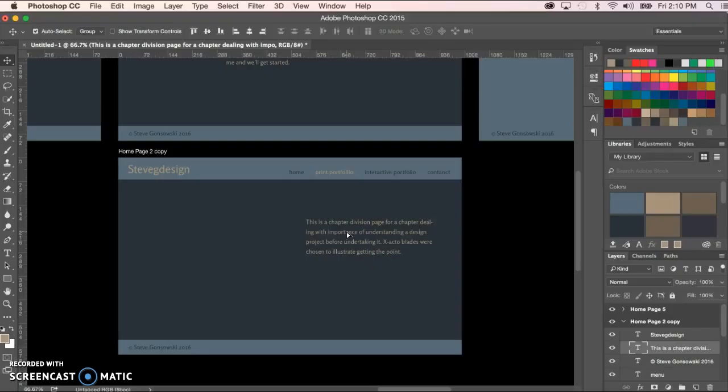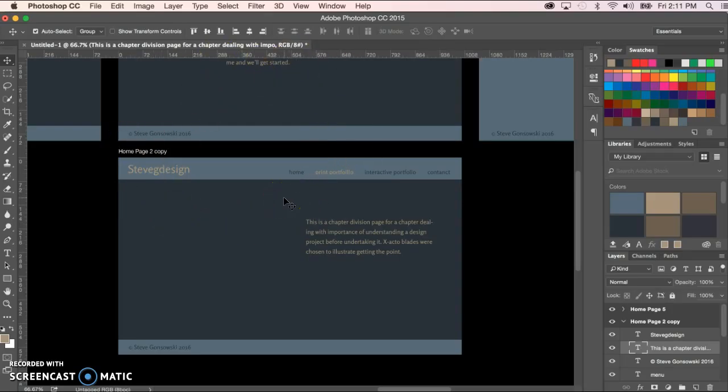Now, there's a couple different ways of bringing images inside of Photoshop. In this case, what I'm going to suggest you do, because you're probably going to be doing a lot of experimenting in here and using the same images over and over. Well, each time you actually add an image into a file, you create a much bigger file. It grows by the size of that image once again. So I would suggest that you just work out of a folder for your website and that you actually place the images in. So what that means is that this